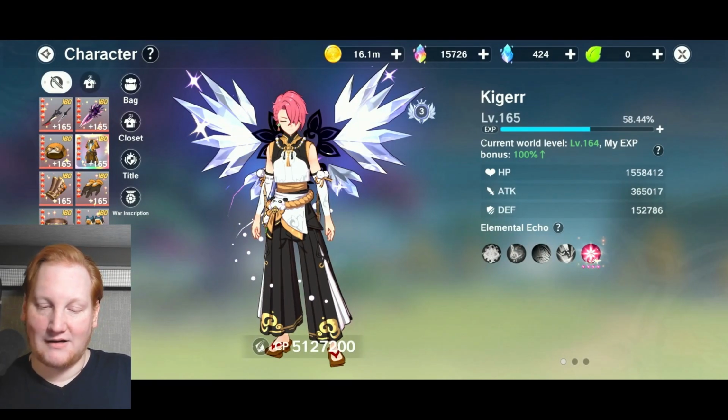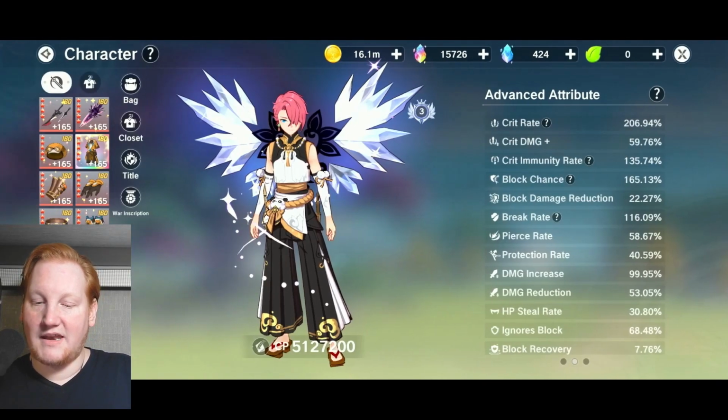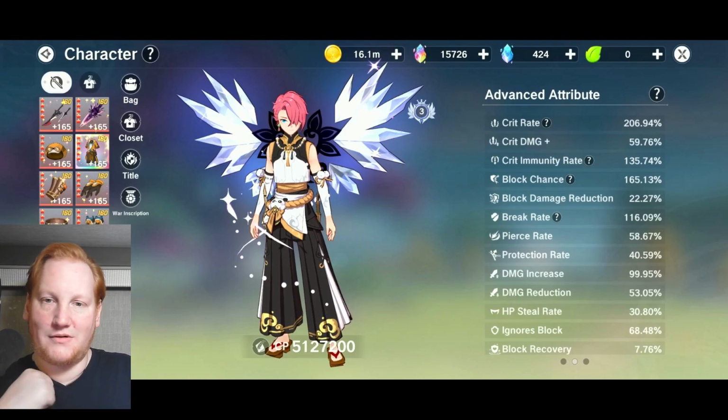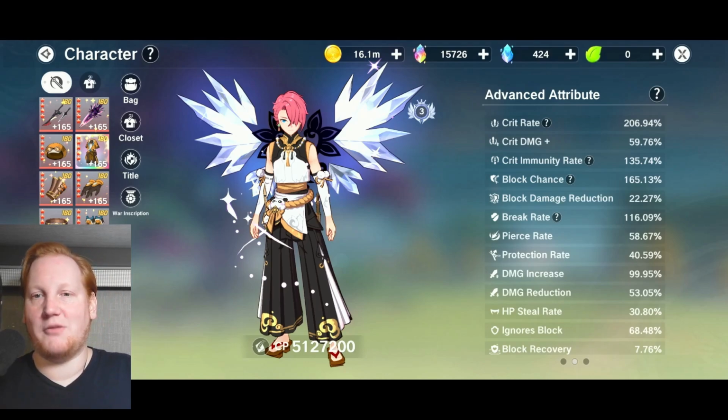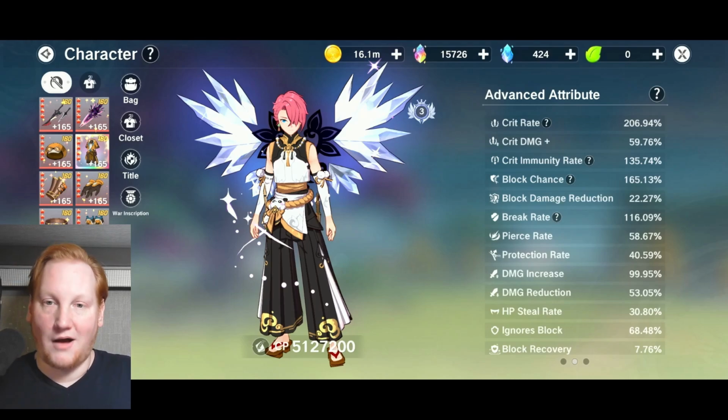Base stats right here, level 165, a little over 5 mil, high HP, high attack, a little above average defense. Then I have decent crit rate, ignorable. 60% crit damage is not bad, but it could be a lot higher. Crit immunity, whatever. I did build a lot into block chance, as you see,